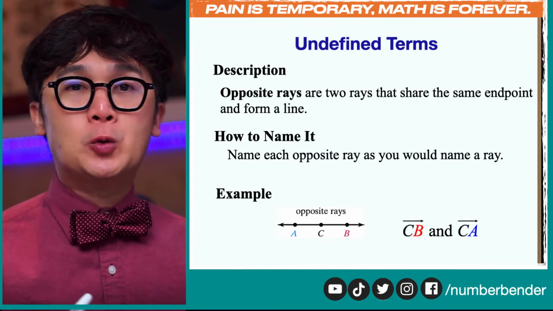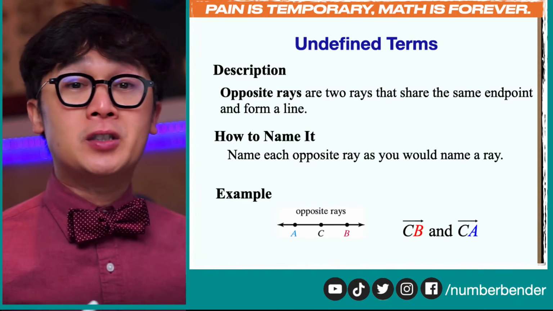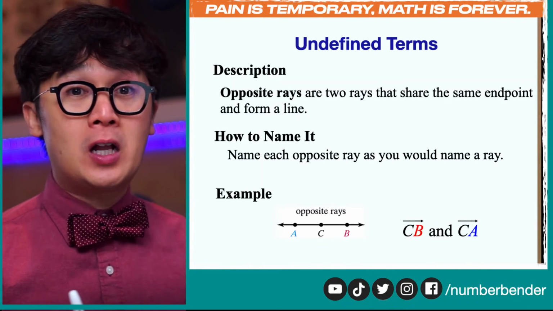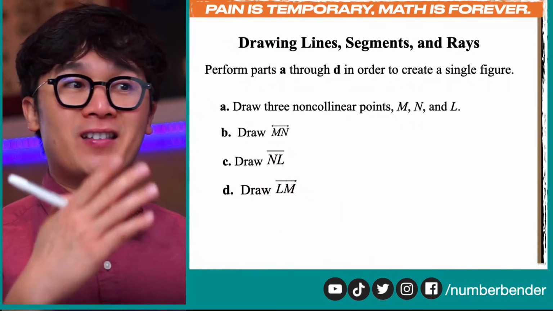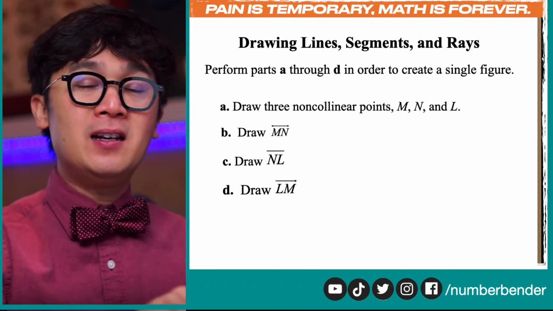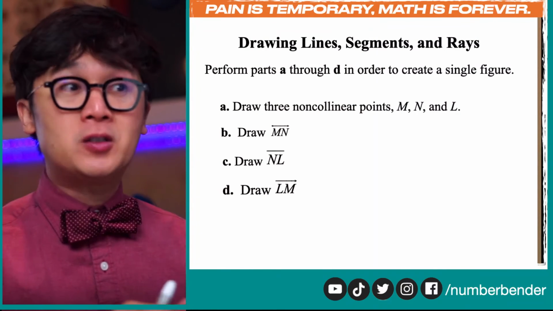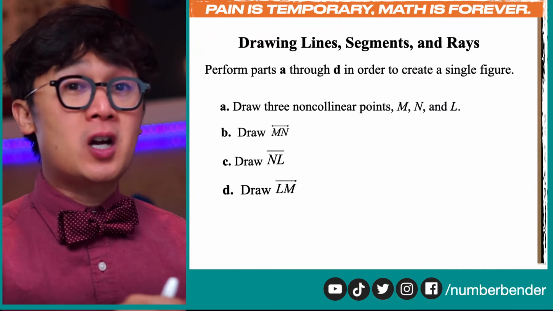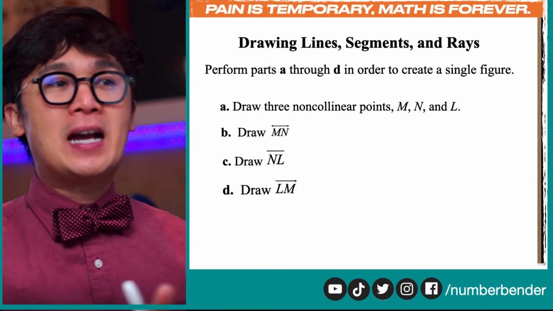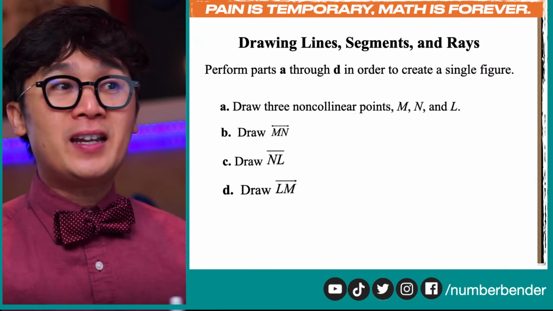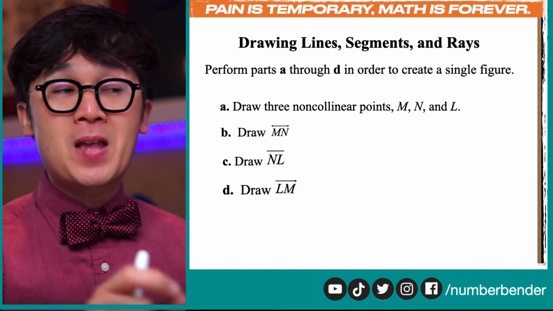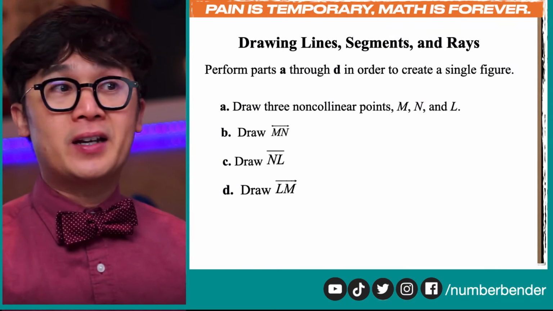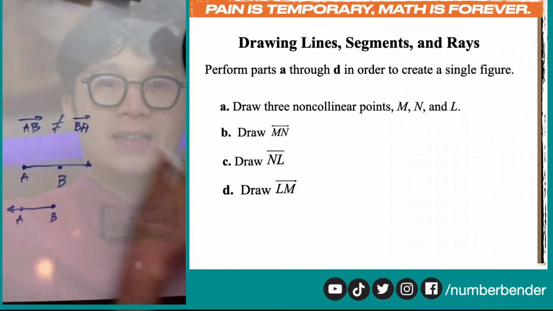So, now that we're able to cover some of the undefined terms in geometry, we can now answer or follow some instructions using these codes. Codes dahil kung hindi natin alam yung mga symbols sa geometry, we're not going to be able to perform those instructions ng tama. So, paano ba natin mapuproduce yung figure na yan? By performing the steps from parts A all the way to part D. So, subukan natin siyang